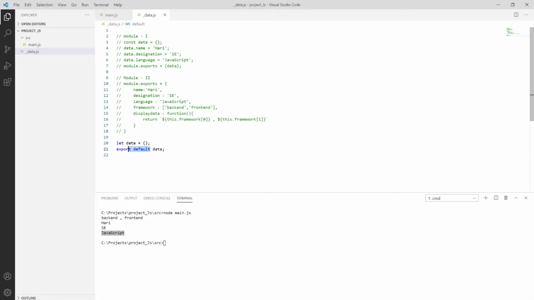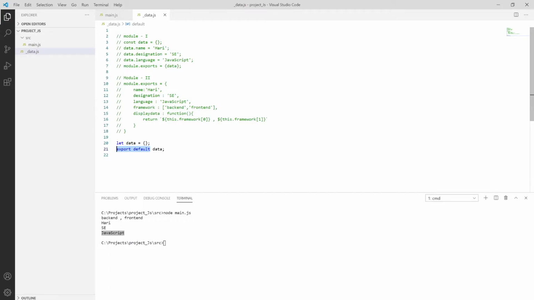Here export default uses the JavaScript export statement to export a JavaScript object, function, or primitive data type, and here data refers to the name of the data object, the object that we are setting properties within our module. So we can use the ES syntax, which is export default, in place of module.exports. Node.js also supports export default by default, and module.exports is usually used for Node.js development and the ES6 syntax is used for front-end development.